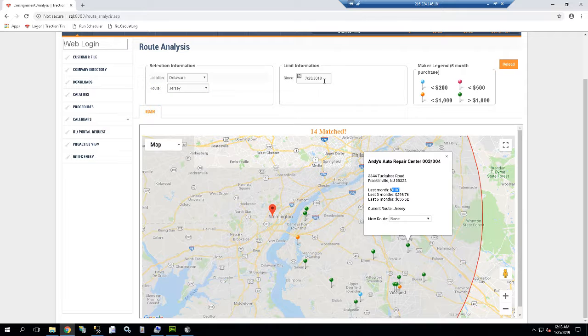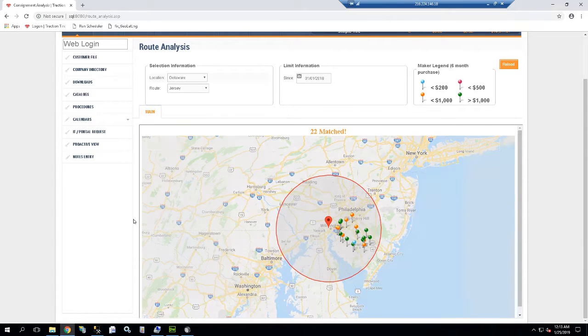So if we increase this, say, okay, everybody that bought something since January 1st of last year, and reload. So it's still Delaware customers, still Jersey route, but we increase our timeline to go back to January 1st. But these are still going to be on 6 months purchases, the color coding. So it's still saying waiting. So now obviously you see you have more